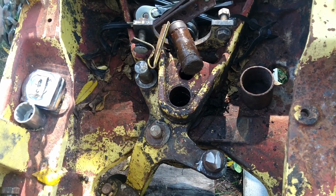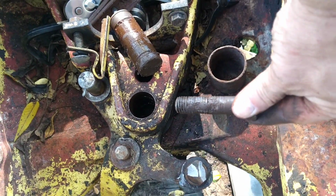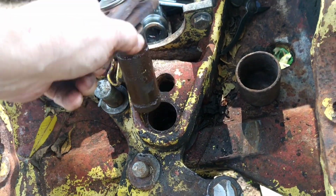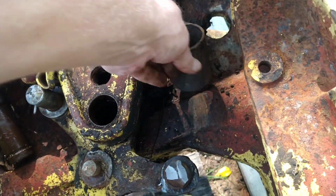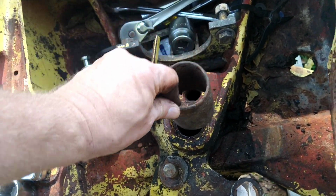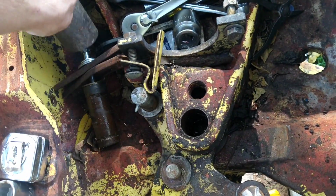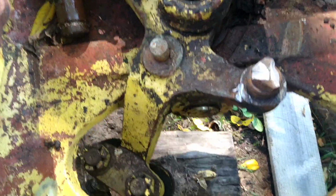Okay, so once we took out the bolt that holds the pin in, that's this thing here, the 13/16, took the spring clip off, and we had to rig up some crazy pulling devices, but what actually ended up working was taking a 2-inch pipe and using it like a puller, and just kept little by little pulling that pin out. So now, with any luck,